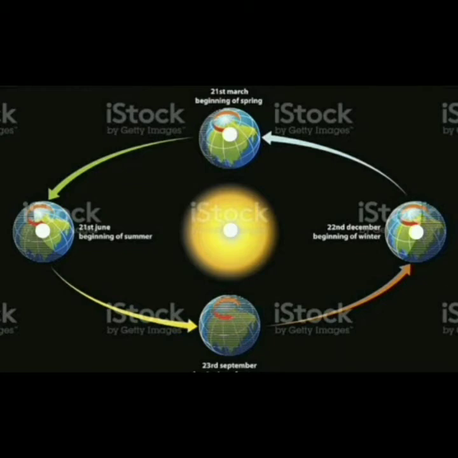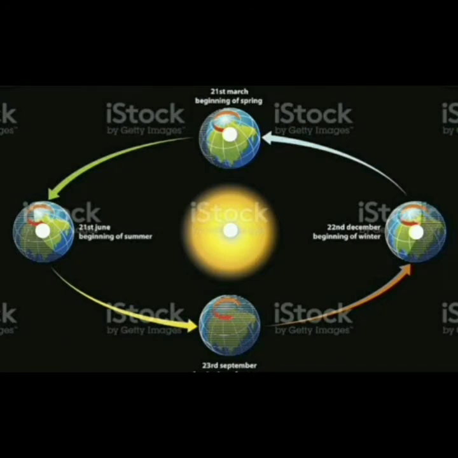This is how the earth and the imaginary line running in the center of the earth, the equator. So the equator divides the earth into two equal parts, that is the northern hemisphere and the southern hemisphere. This imaginary line is the Tropic of Cancer, and it lies in the northern hemisphere. Another imaginary line is the Tropic of Capricorn that lies 23.5 degrees south, which lies in the southern hemisphere.